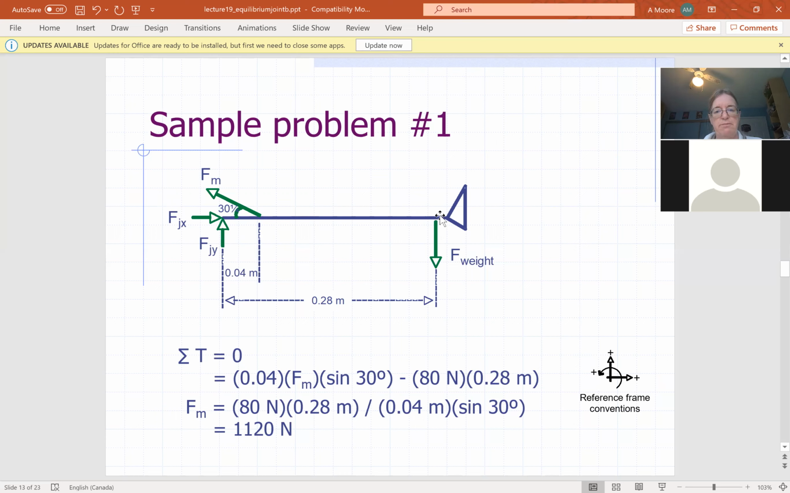And if you do the same thing and push down on your pencil there, you're going to see it's going to rotate clockwise. So I'm going to put a negative in front of that. And again, we have the weight, it's 80 newtons, and its distance, 0.28. And that all equals 0. Once you do that, you can rearrange to find Fm,